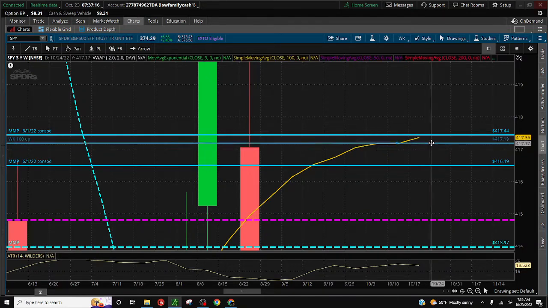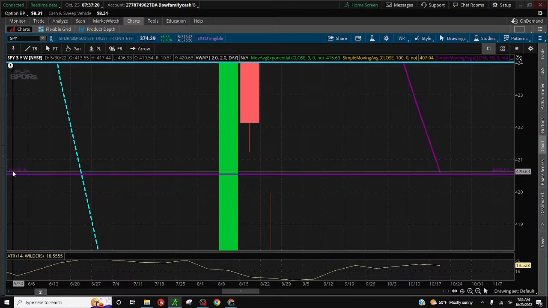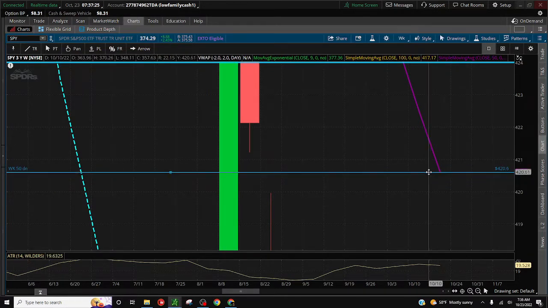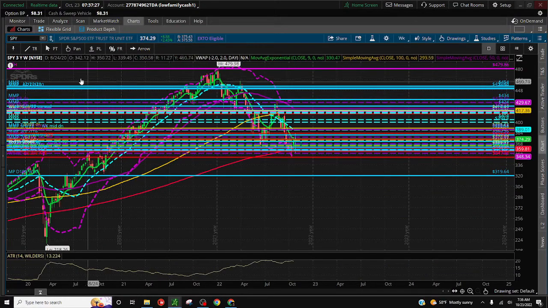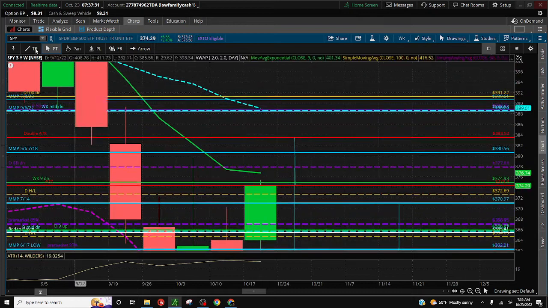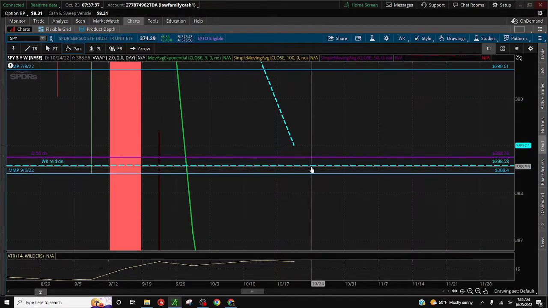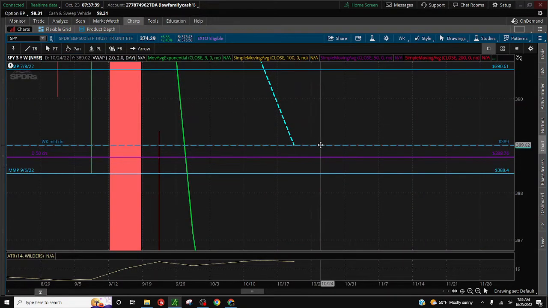It says up. That means it's traveling up. The weekly 50 coming down. It's coming down. I mark it so I know which direction it's going. These are going to be some really important levels this next week. The weekly 50,